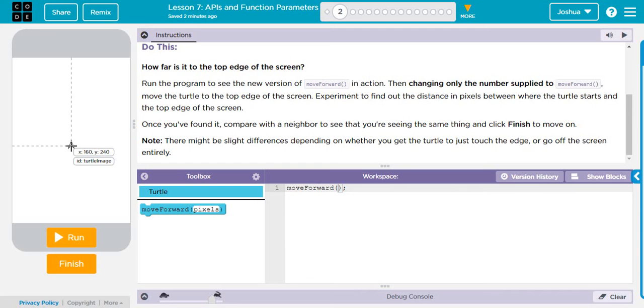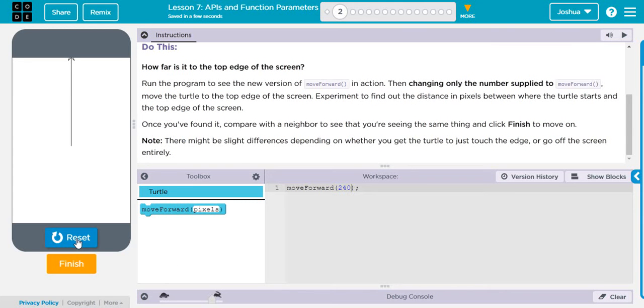If we want to move our turtle all the way to the top of the screen from its position here, we could put in a value of 240 in here, and let's see it run. Boom. And our turtle goes to the top of the screen. All right, so